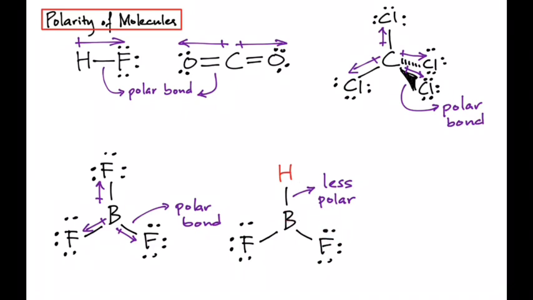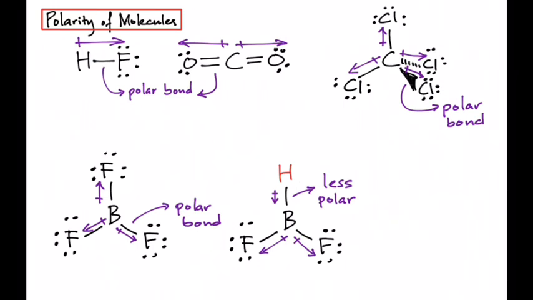Okay, and so when you draw the polar vectors, you have 2 polar vectors that will be pointing towards the more electronegative element, and then this smaller polar vector that's pointing towards boron. Okay, this vector is smaller because the difference in their electronegativity is lower. So now when you add up all these polar vectors, the net dipole moment is going to be non-zero. And so because the net dipole moment is non-zero, this molecule is going to be considered a